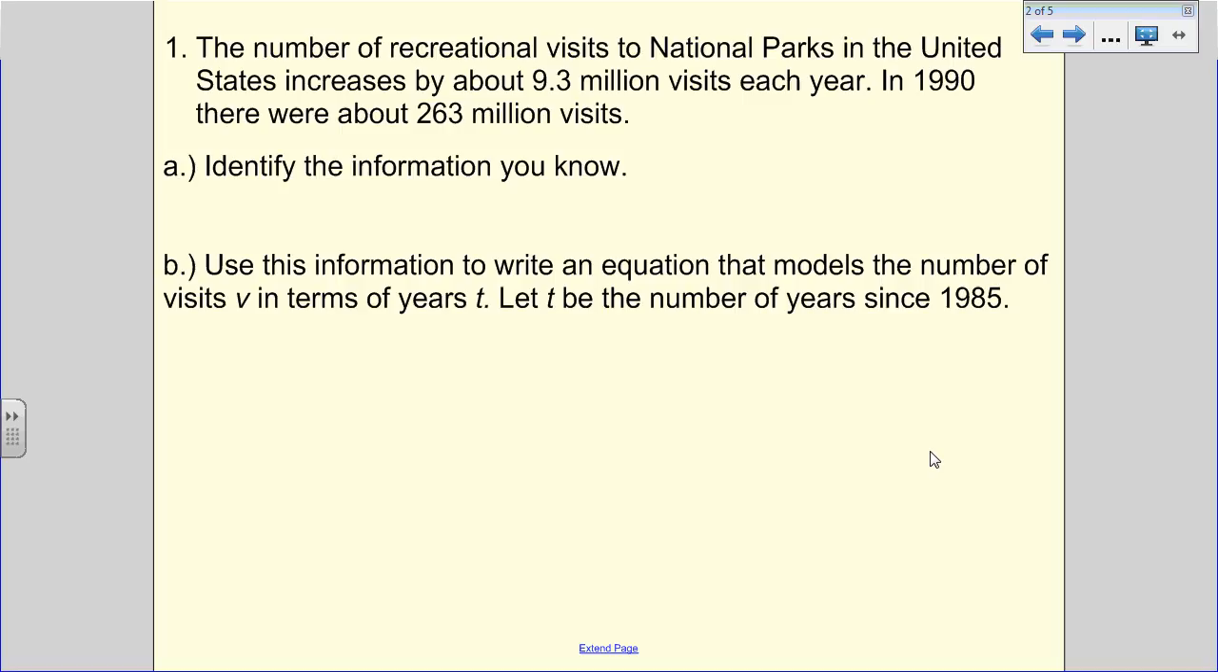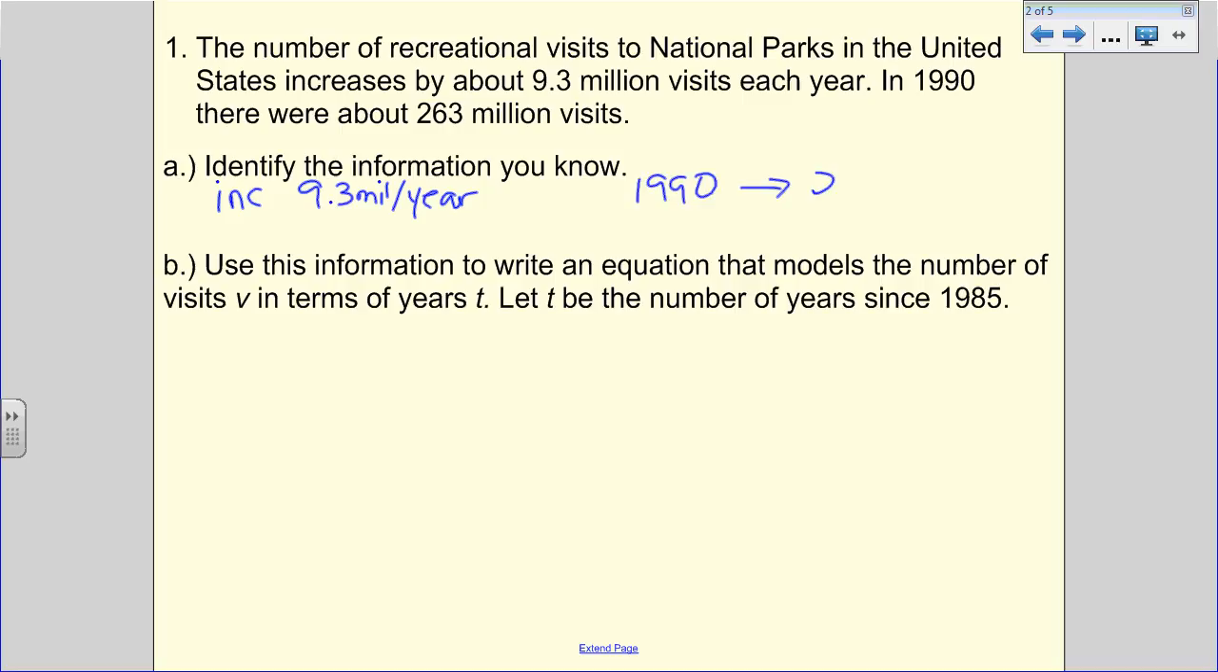So when we look at this problem, it says the number of recreational visits to national parks in the United States increases by about 9.3 million each year. In 1990, there were about 263 million visits. So what do I know? I know that they increase 9.3 million a year, by 9.3 million per year. And then I know in 1990,